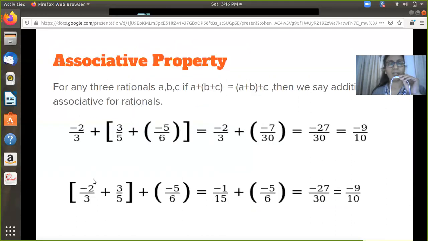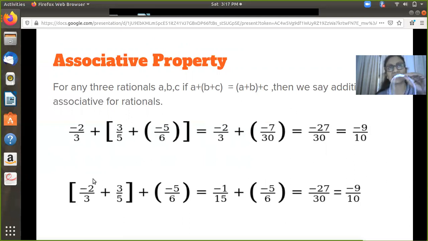So that brings me to the third property, which is the associative property. Again, to first understand the property, here I am going to associate two rationals. That is why the property itself is called associative property, which means to group together. Associate is to group. So instead of two, now I'm going to have a set of three rationals with me.